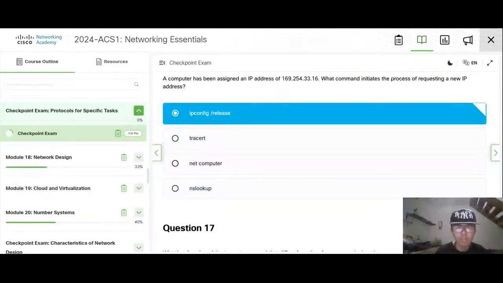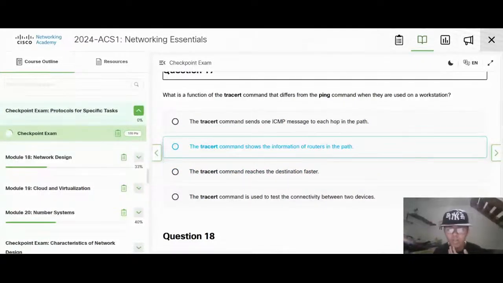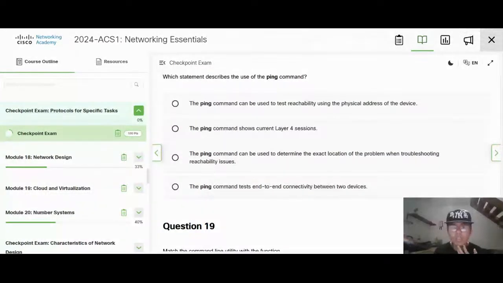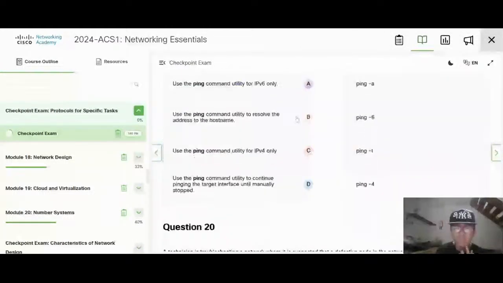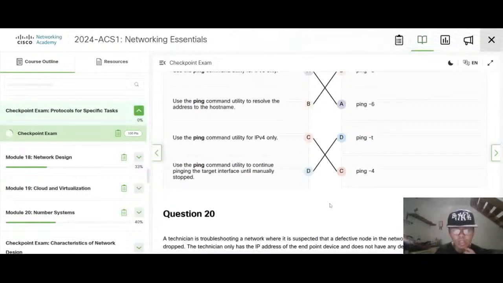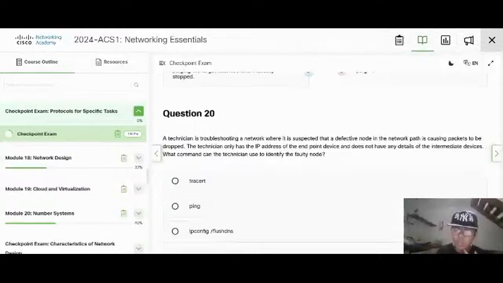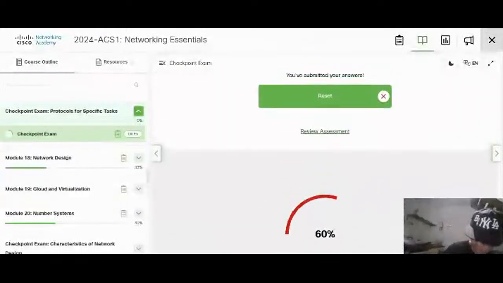New IP address. Trace route. Kind of really nearly.